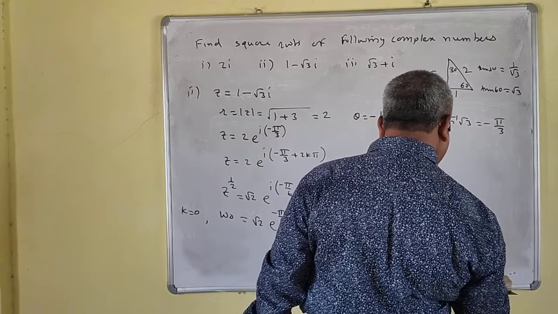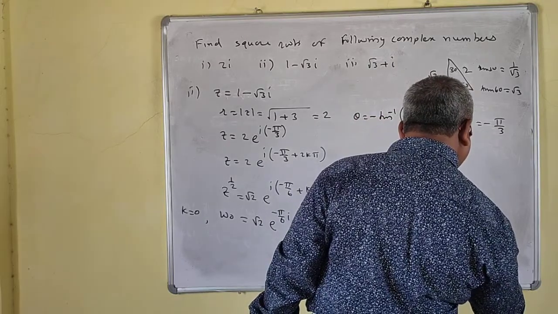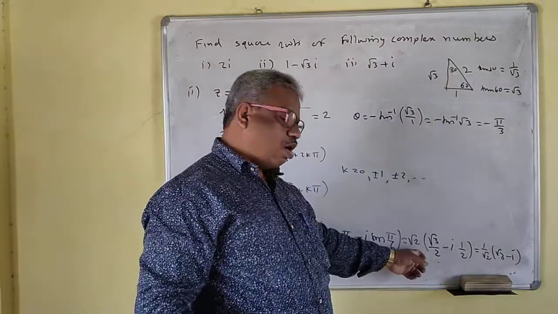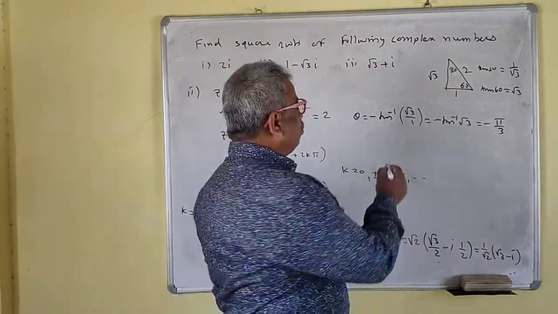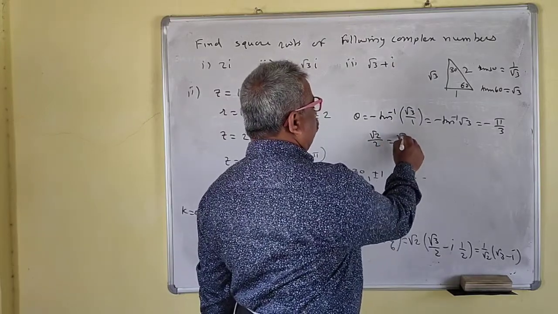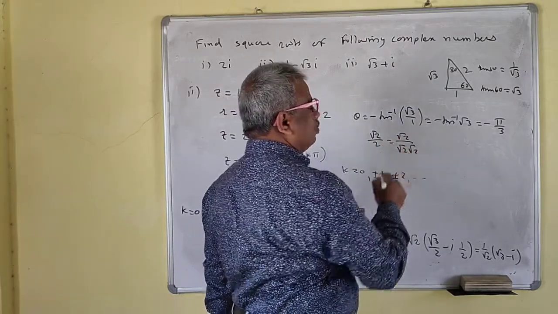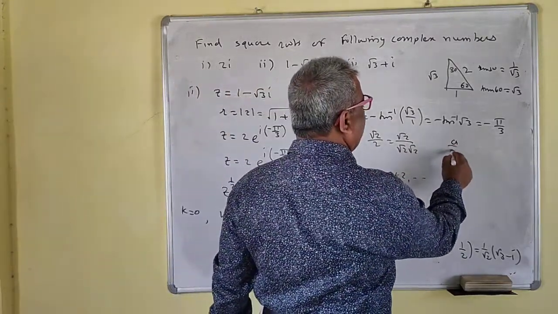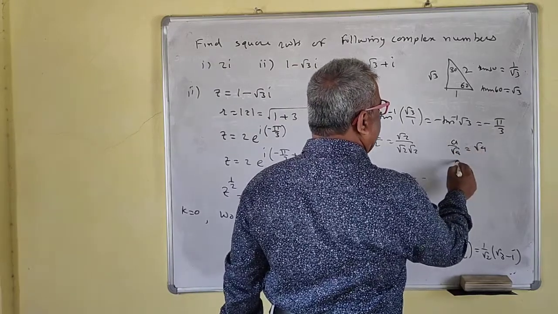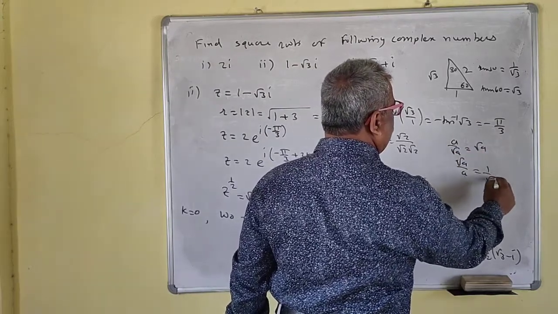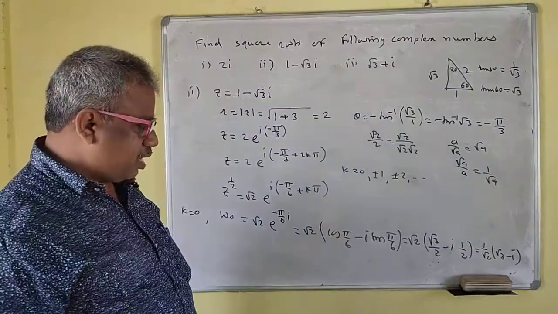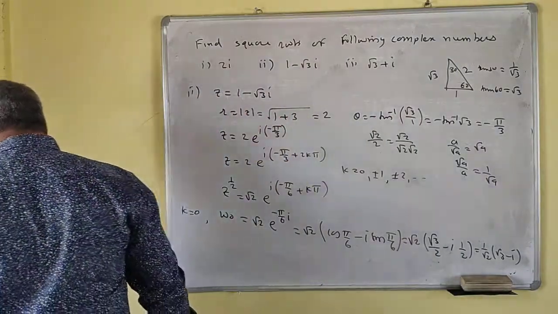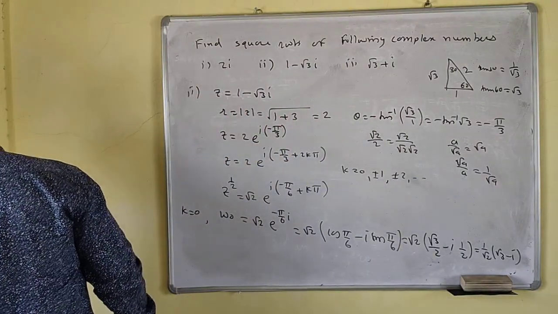So you may keep this as 1 by root 2 times root 3 minus i, because you can take 2 common here and half common here. So root 2 upon 2 means root 2 into root 2 upon 2, and one root 2 gets cancelled, so this is 1 upon root 2. Note that a upon root a is always root a, and root a upon a is always 1 upon root a. So this is the formula, remember that. So this is 1 upon root 2 times root 3 minus i.